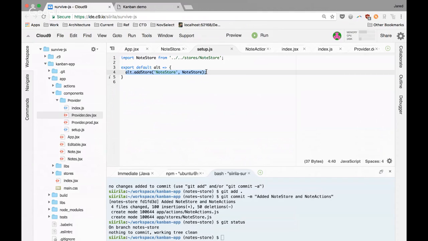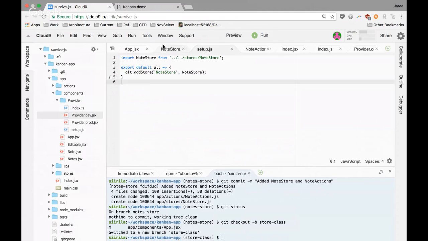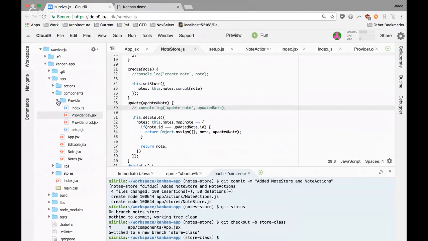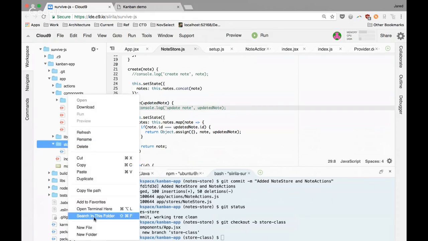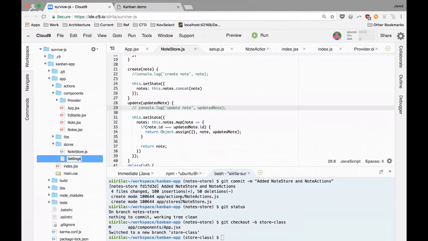But as we talked about last time, we could have other stores for different pieces of data in our application. So if we wanted to create another piece of data, first off, let me create a new branch here so many changes I make, I can just delete really easily. So let's say we want to create another store because we also want to have settings for our application, another piece of data. We could easily just create a settings store,